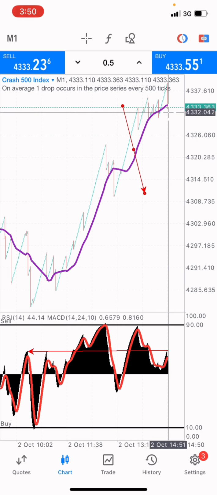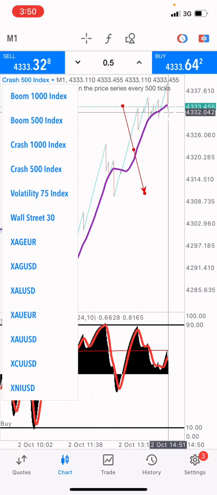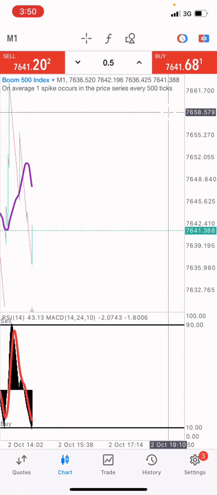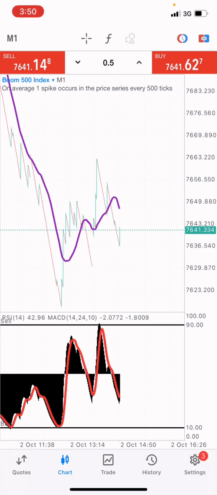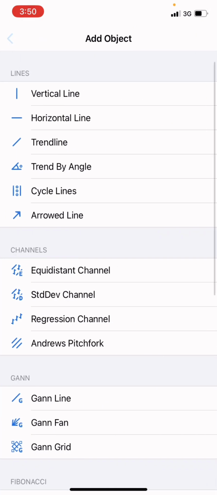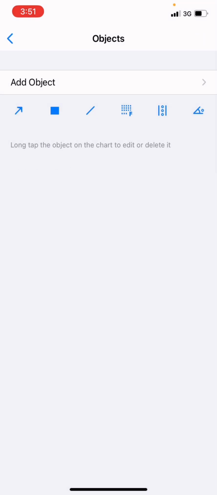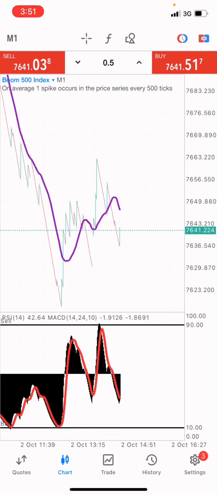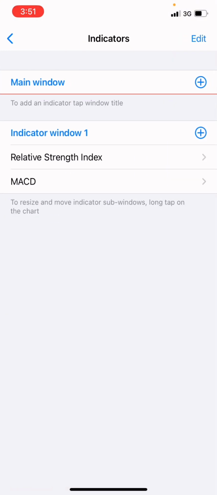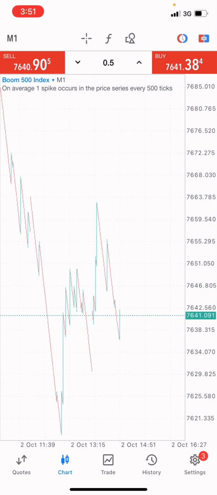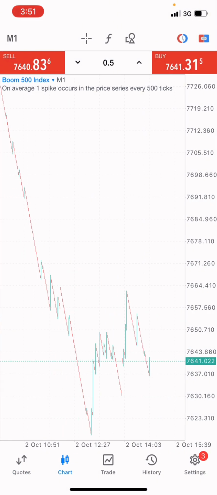Now let's go over to the boom market and see how we'll be able to make profit as a professional trader, and also so that we can trade and be successful and don't end up blowing up our accounts. All right, now we switched up to the boom 500 index market at this very point in time. Now on the boom 500 index market, let's remove this object right here, remove all the objects, right? And also we're going to remove all the analysis, all the indicators at this very point. Okay, this is boom 500 index.